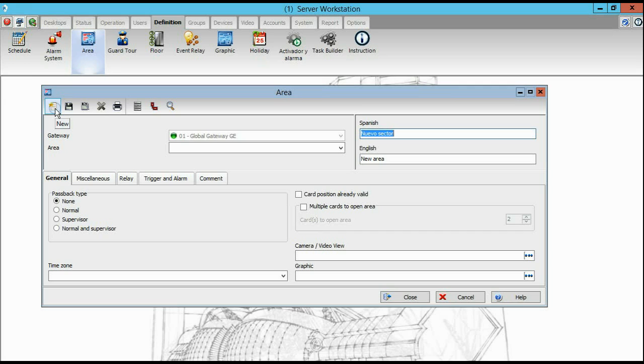Now, in the Entrapass, as you can see here, we go to the definition area. We are in area. Let's make an example. I'm going to say outside, for example. I'm creating an area outside, and here, after I add the name,